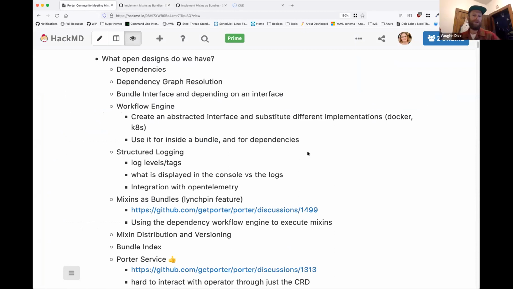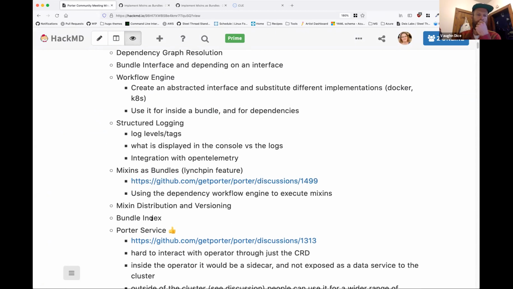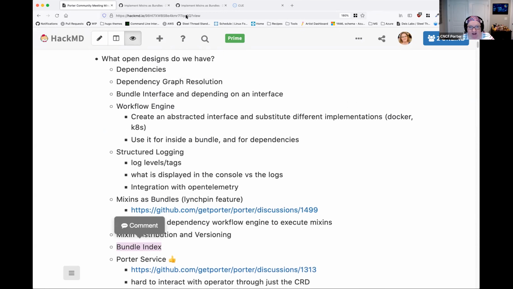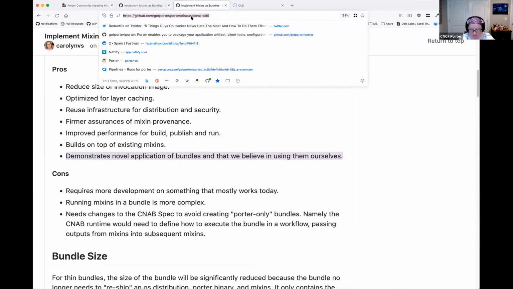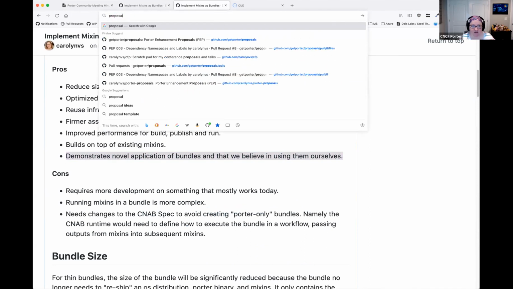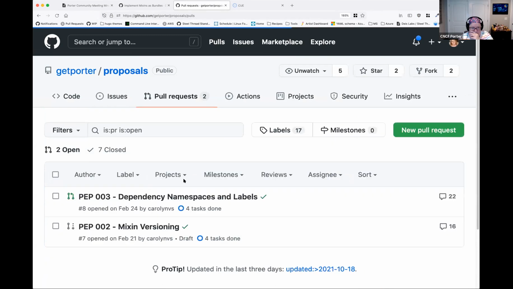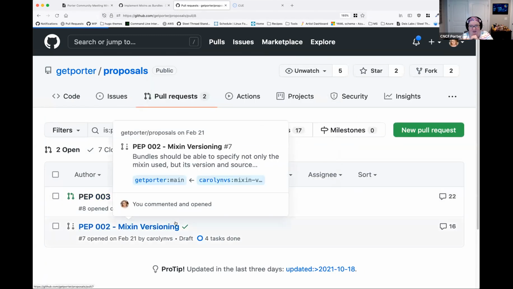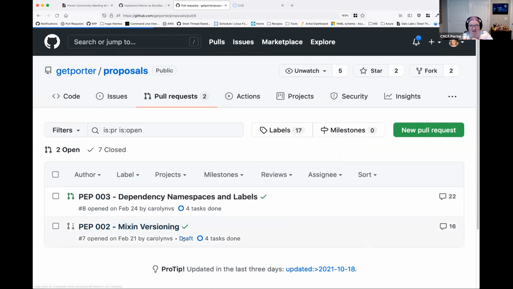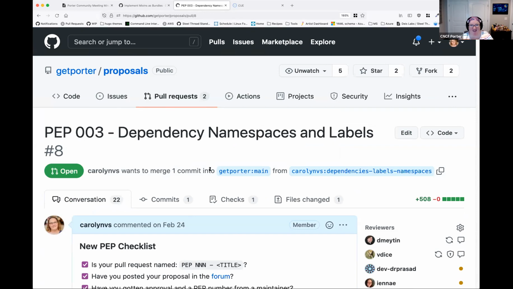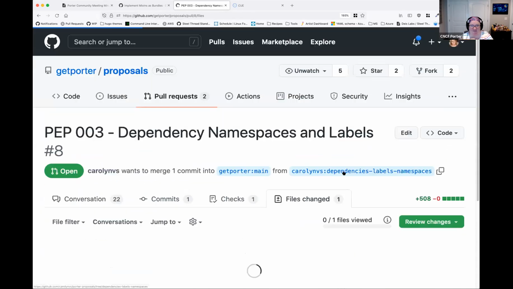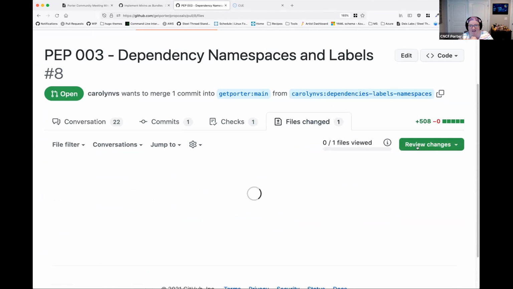Yeah. And what's that bundle index bullet? Oh yeah. This is broken off from the dependencies PEP. Let me just bring that up real quick. I had a lot of ideas in the dependencies PEP, and then as you pointed out, some of them are too big to go in this one thing. The idea is that